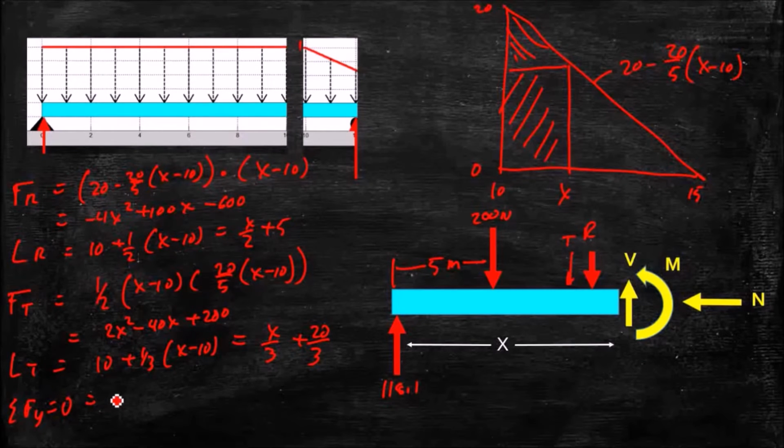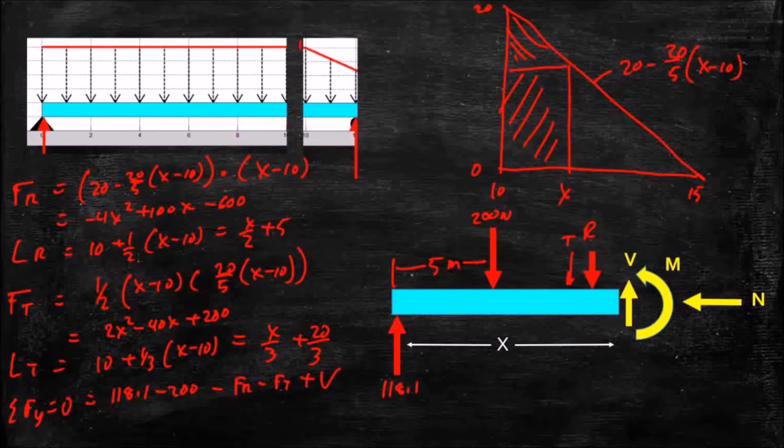I get 118.1, that's our reaction force, minus 200, that's the force from that rectangle from before, minus the FR, the force from the rectangle, minus the force from the triangle, plus our shear force V, which we have drawn